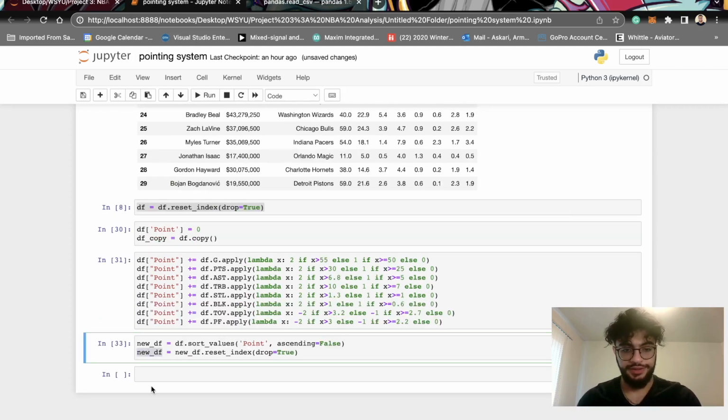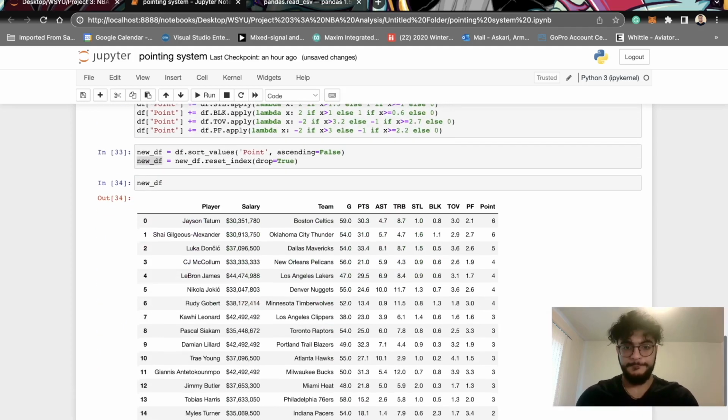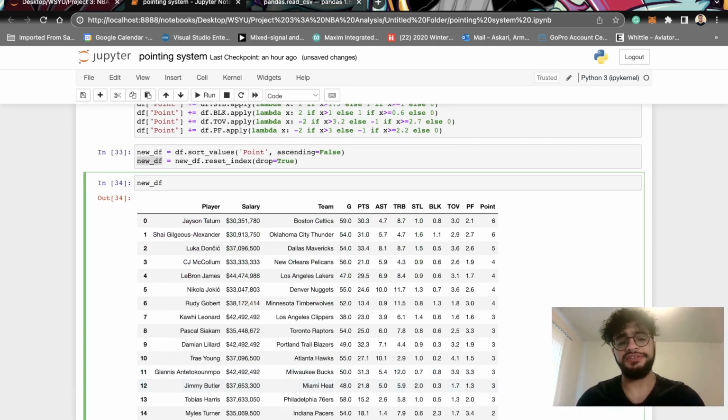And then our new data frame will reflect who has the highest points. And then once again, you can always also make a new data frame out of, okay, I just want a data frame that only reflects the number of points that they have, who they are, and their salary, and their team maybe. So you can always do that by just doing new df, and then I want it to be